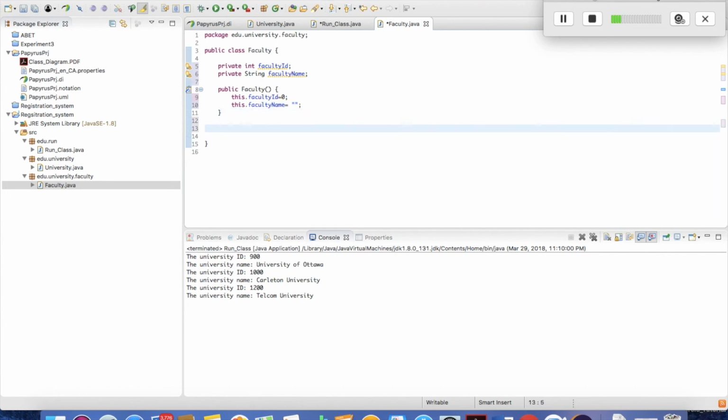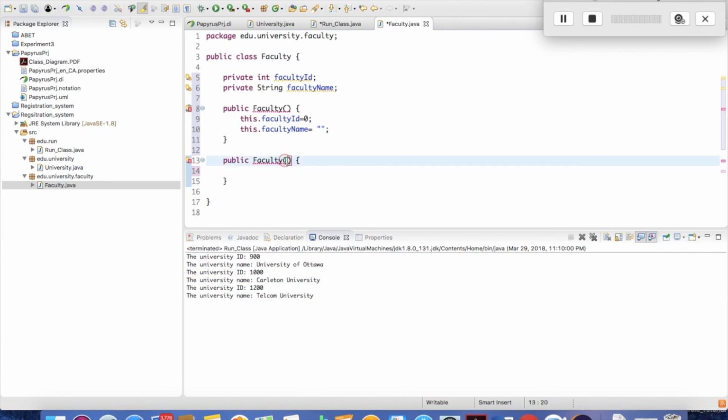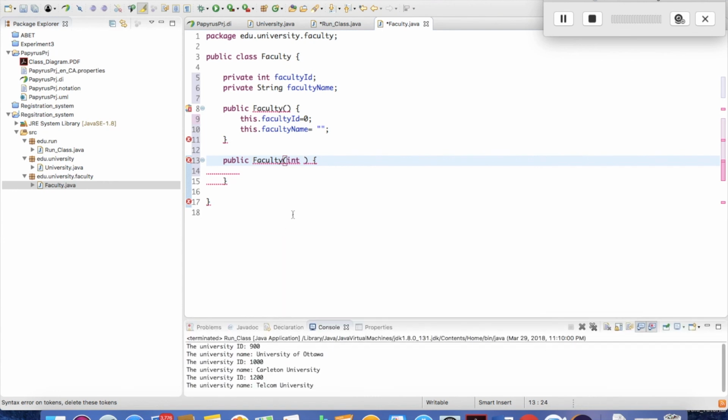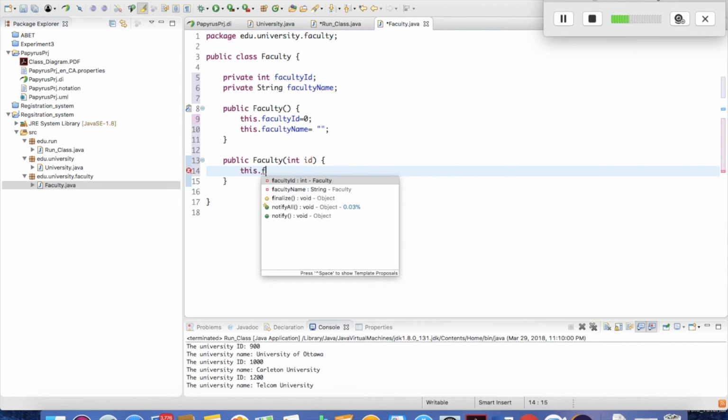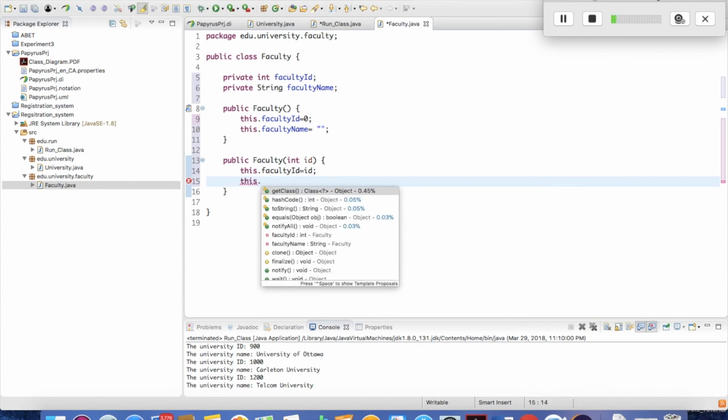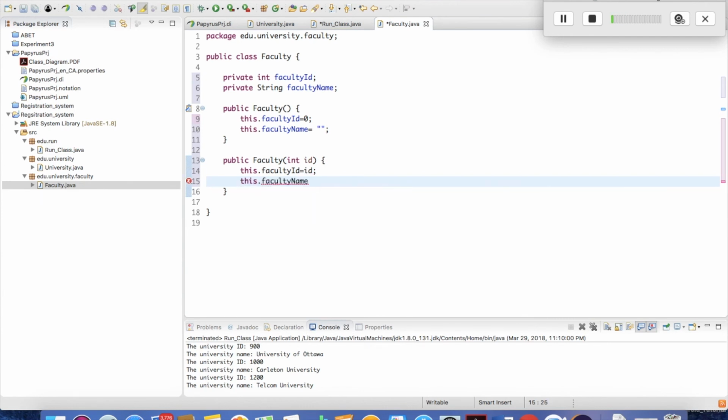Okay, now we can have another constructor called Faculty, with an integer ID, and this dot faculty ID equals ID, and this dot faculty name equals